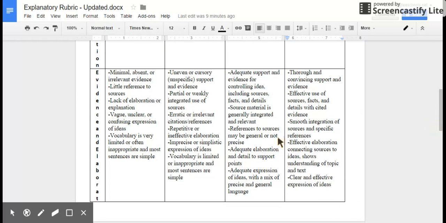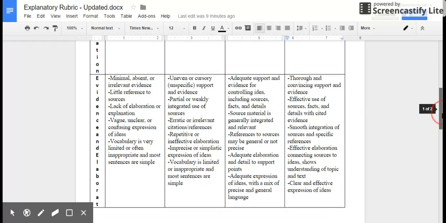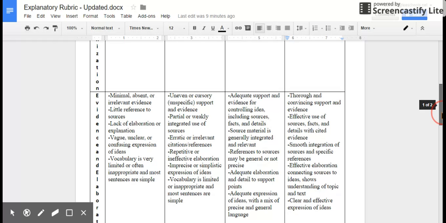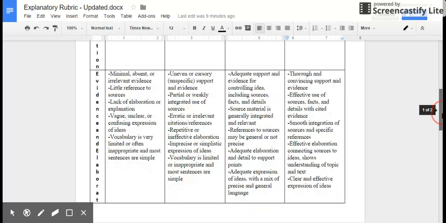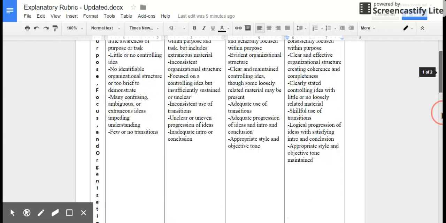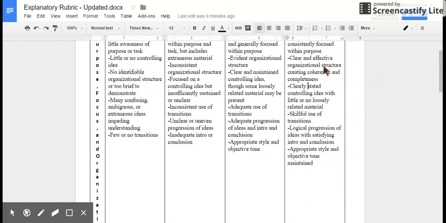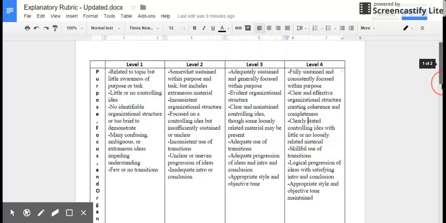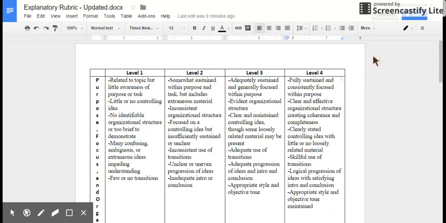What things should a writer do? What elements should they have in order to get a 4 out of 4 in evidence and elaboration? And finally, purpose, focus, and organization. So again, what things should a writer do, or what elements should they have in order to get a 4 out of 4? I hope this was helpful, and I look forward to making these checklists together in class